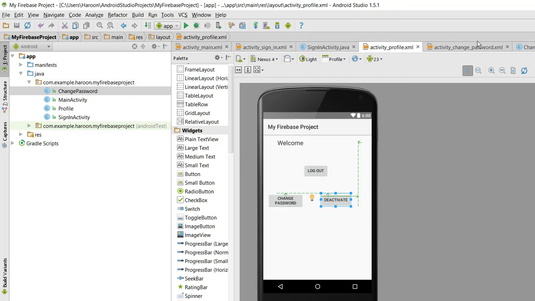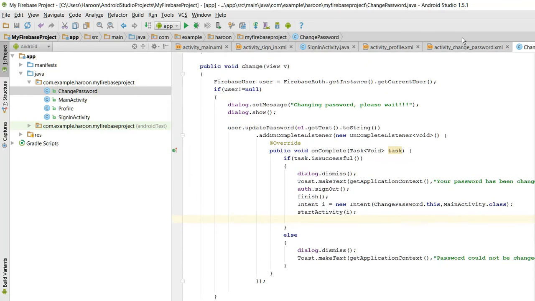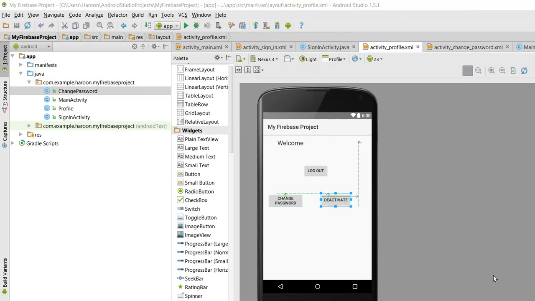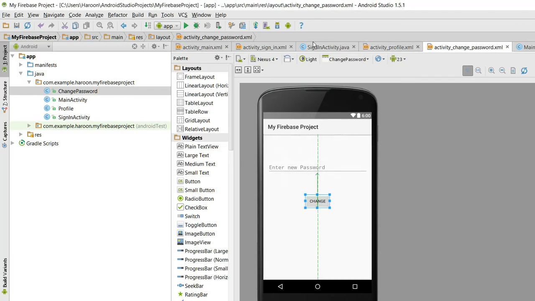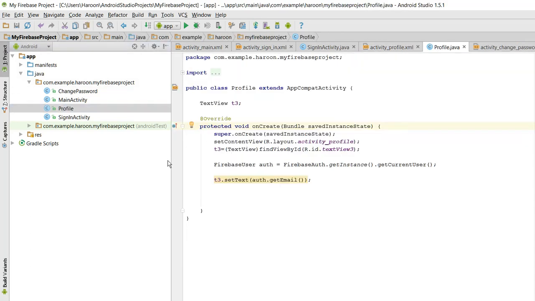So for that, I need to use the deactivate feature, activate profile. So I need to open the profile activity, and here I need to